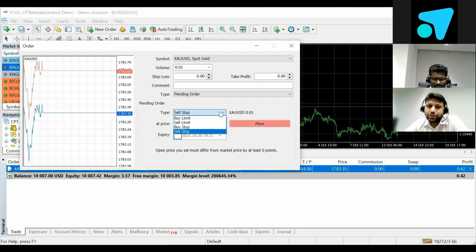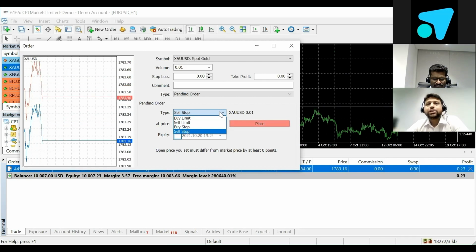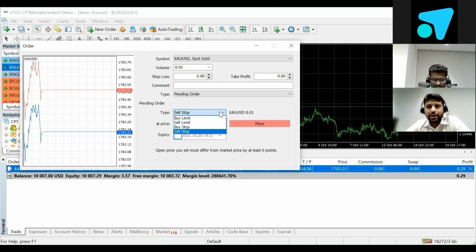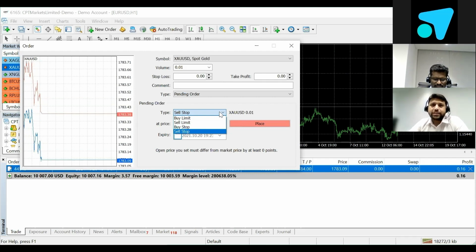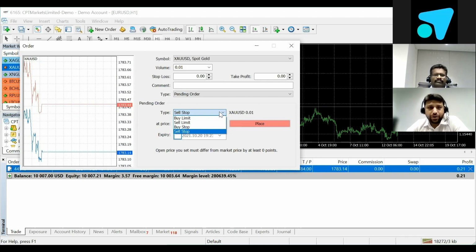The same goes for the sell stop. You use a sell stop when the price of the product is diminishing and coming down. Right now the price of gold is 1783.25, and you want to sell only when the price reaches, say, 1778. So you want to be 100% sure that you are selling in a perfect sell trend. These are the four types of pending orders we can use, and we can make a good amount out of them.